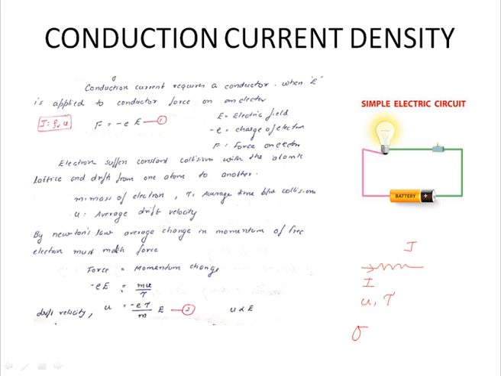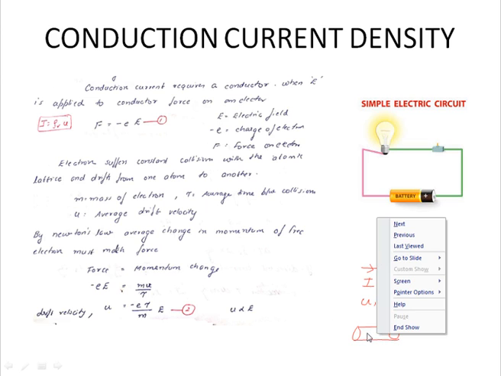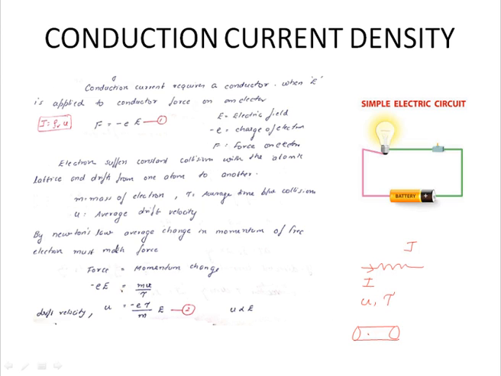So if a conductor is represented like this, and the electrons are represented by these dots, moving in this way, many electrons are there in the conduction band of a good conductor. They will move at a drift velocity u, and the time between collisions is known as tau. So we have one equation, that is F is equal to minus e into E. This is one equation you should know.